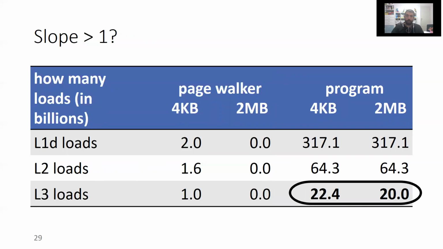Now we additionally see the number of cache references made by the program itself, excluding any page walker accesses. Seemingly, a running program should generate exactly the same memory references sequence, regardless of whether it's backed by 4K or 2 mega pages. But we can clearly see that the 4K configuration experiences more LF references than the 2 mega configuration. This happens exactly because the data caches house more page table data in the 4K run.